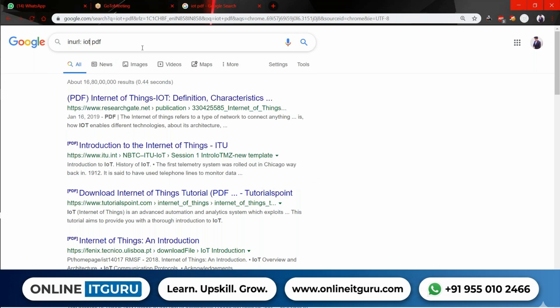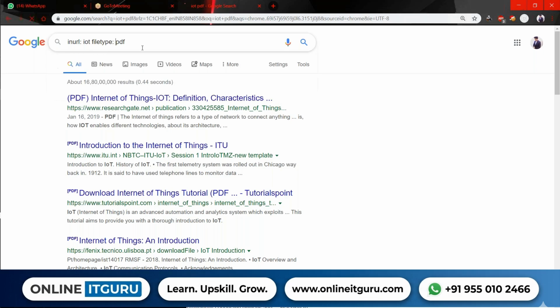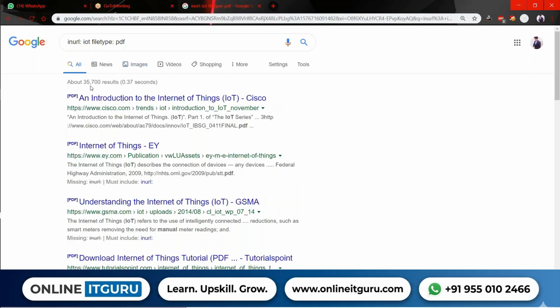I'm typing inurl:IoT and filetype:PDF. Now how many search results did I get? 35,000. Can you see the difference? And you are only getting PDFs, not anything else.